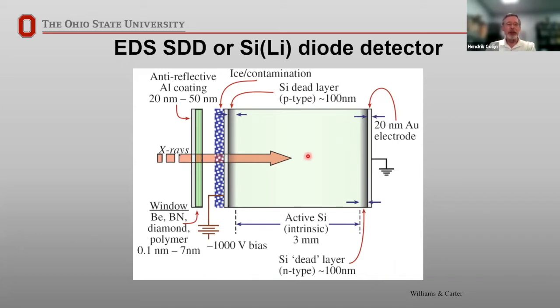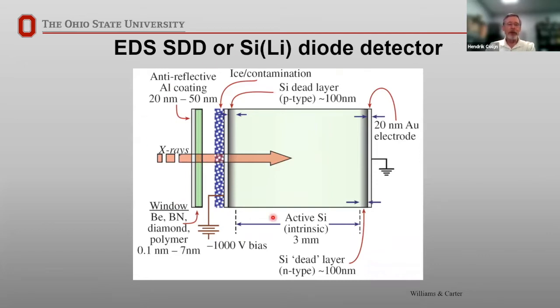So basically, it would take 3.8 eV to generate one electron hole pair. So when you start getting down to some of the lighter elements where your X-rays are in the few hundred eV range, you're actually detecting only, well, for carbon, it would be about 70, 75 electron hole pairs, which is pretty impressive when you think about how much you're having to amplify it to detect things.